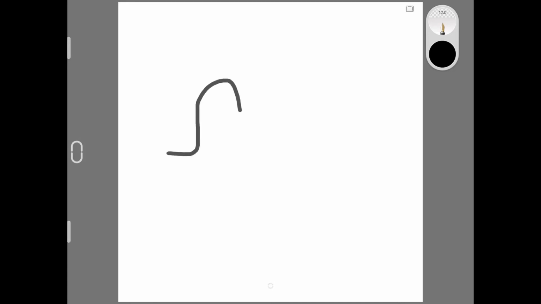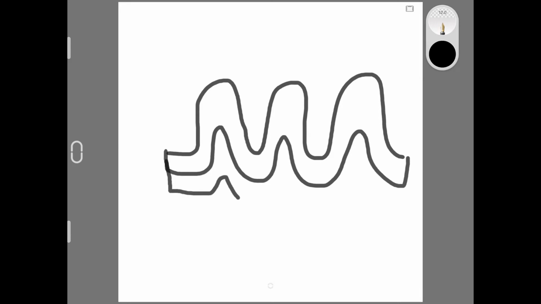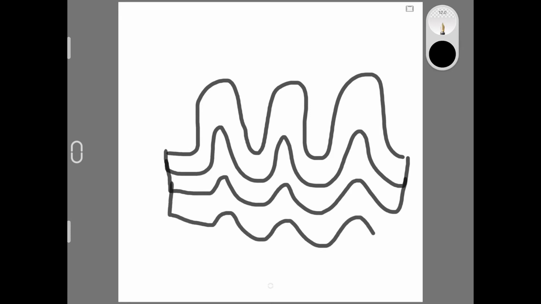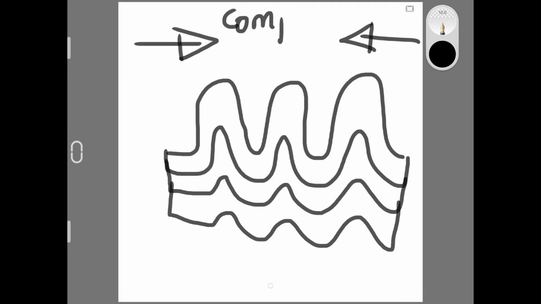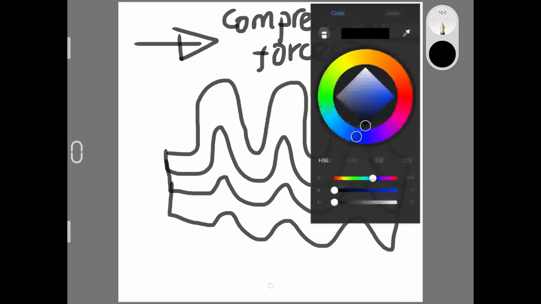So, giving you an explanation, I'm going to draw a 2D section of what happens after the block of land has been subjected to compressional forces. So the layers of rock end up becoming folded. And that's how they occur. Those are the three previous layers which we drew in 3D, but this is a 2D section. And still the compressional forces are acting on this piece of land. So we end up having such features,